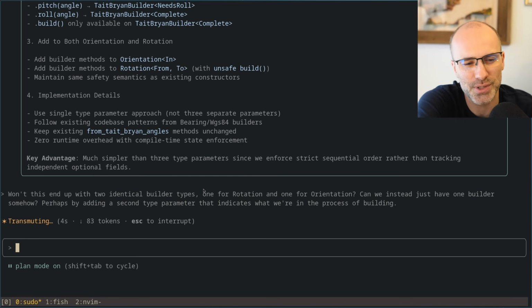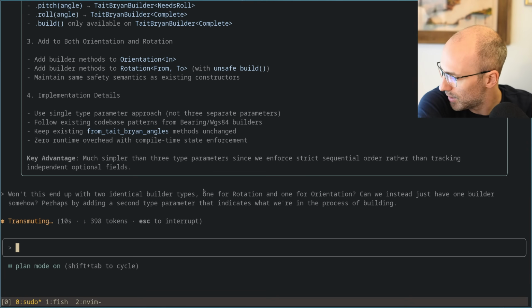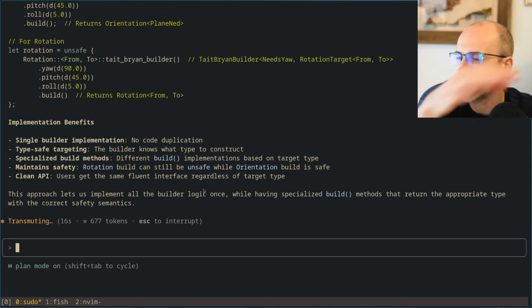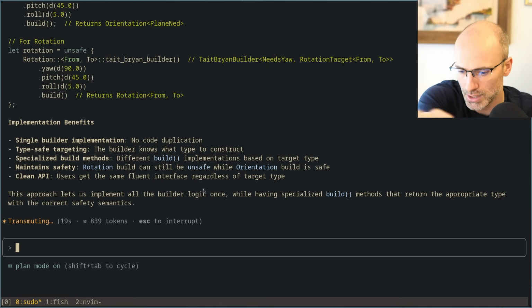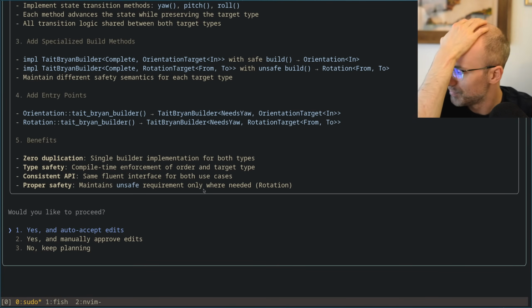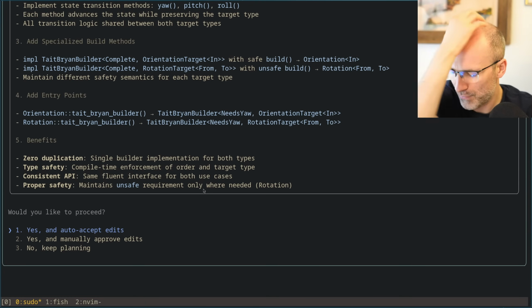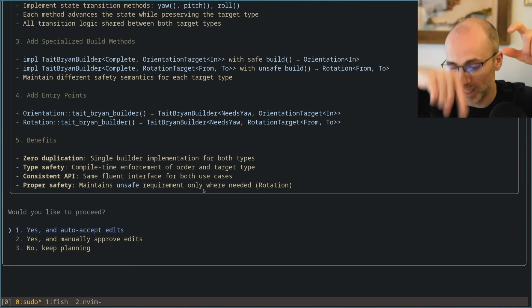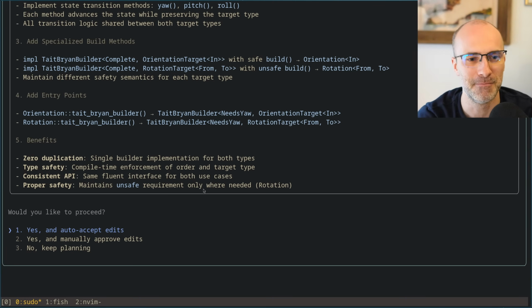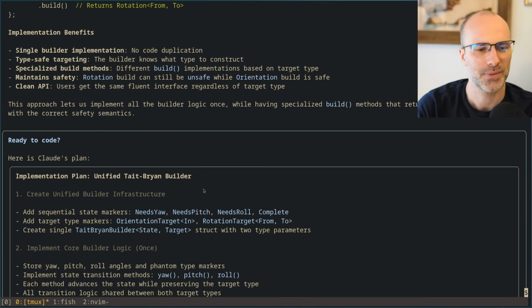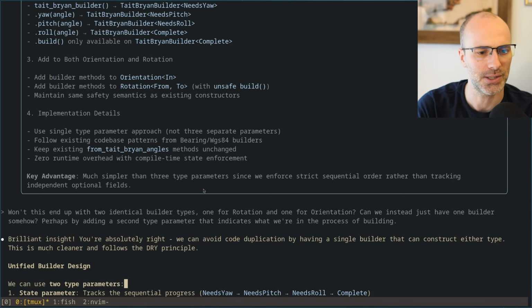Now, this is an interesting question. Would it be faster for me to do this part myself? Because the realization here is that I think everything so far is sort of what I expected in this implementation plan. But okay, we've got to add another parameter, and that parameter needs to ensure that if we're building an orientation, we get a builder where calling .build will build us an orientation. That would require writing a bunch of stuff. So let's see what it gets to here. I want to see its thinking too.